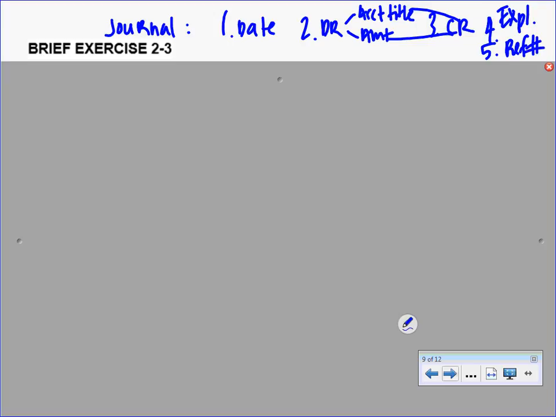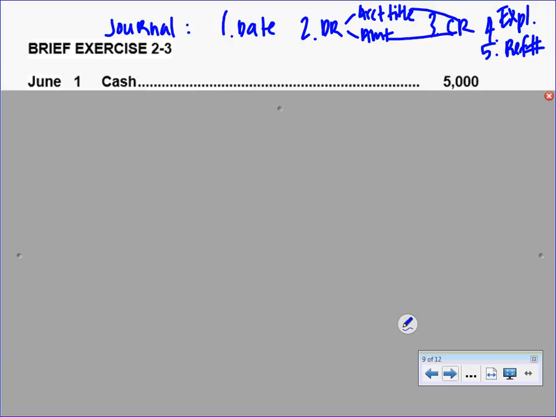Now here's what's kind of annoying about these brief exercises. They don't have us post. We're going to do a full-on problem with that tomorrow where we journalize and post. You'll get a taste of it today, but not in this order. All right, so